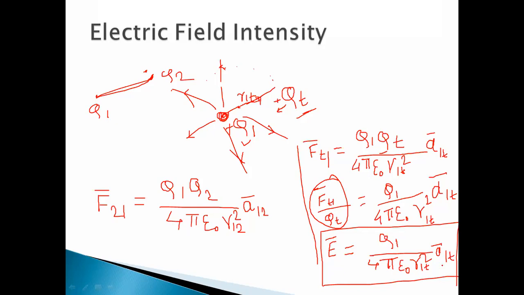Now this is when we are considering the test charge QT and one charge Q1. I hope everybody noted this. So in general, we can write the equation for electric field intensity as